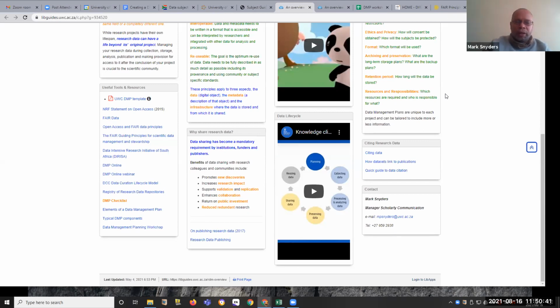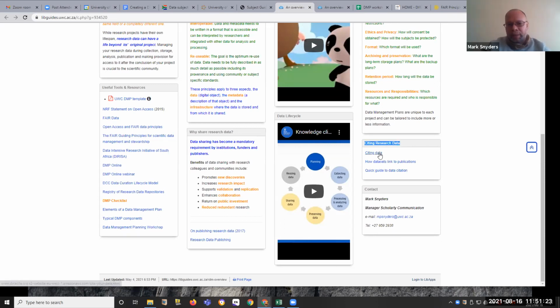This would be the various costs involved, not just the software, but also the machines that you're going to use, so a laptop, for example, and a backup hard drive, but also a service: if you choose to outsource your data analysis, you could include the cost of the service as well. As I said earlier, the data management plan is a fluid document, so it will change as the research data develops.